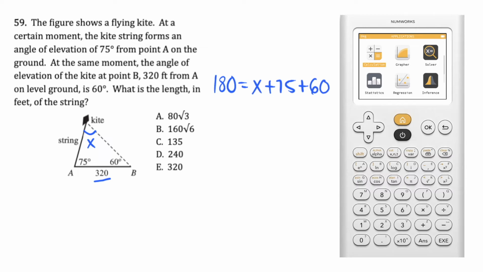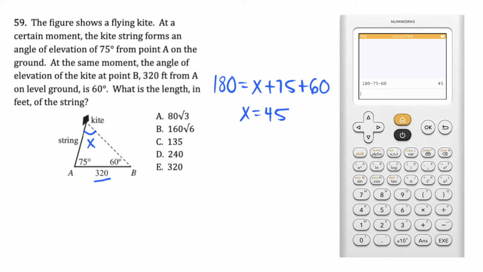We can use our NumWorks graphing calculator to quickly compute x, our missing angle. So in our calculation app, we have 180 minus 75 minus 60, and that will give us our angle, or x, to be 45. Now we can use our law of sines to find the length of our string, which